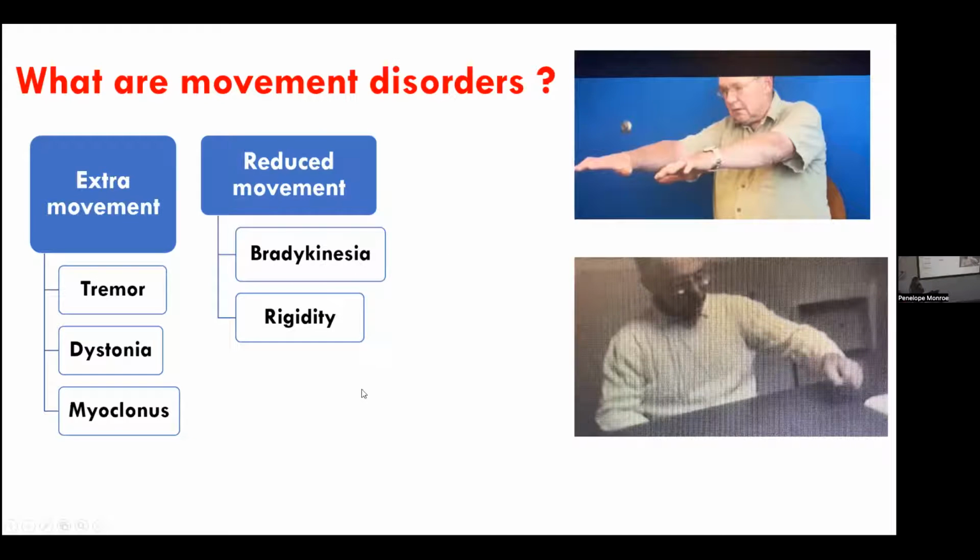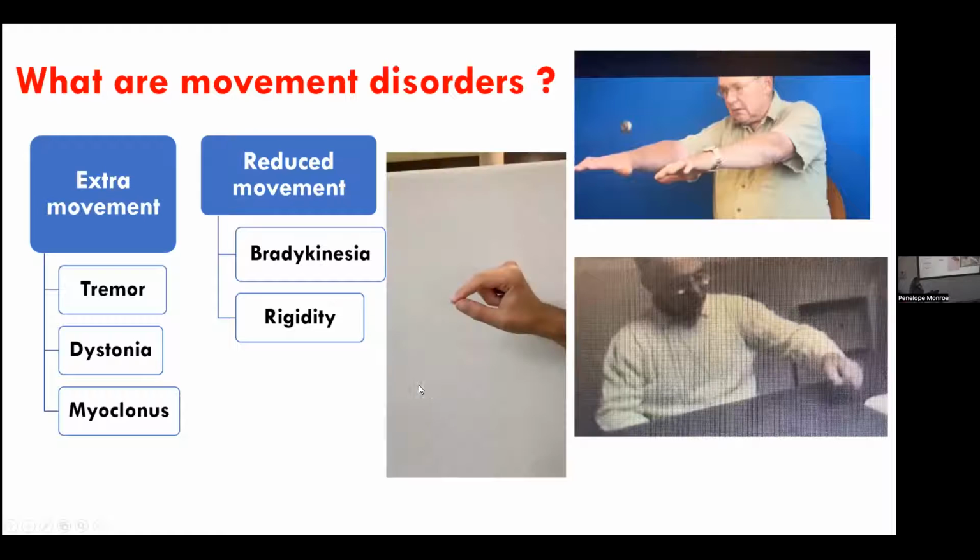We have a couple of ways of testing for this in the clinical setting. The easiest way is to give a patient a repetitive action to do. This is what I get patients to do, and if you've been through my clinic, you'd have gone through this. The fingers are going slower and slower and slower. That's actually not a patient, that's my registrar.